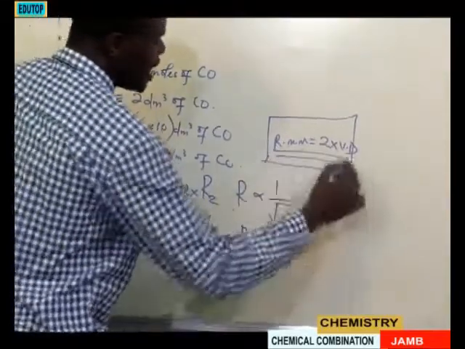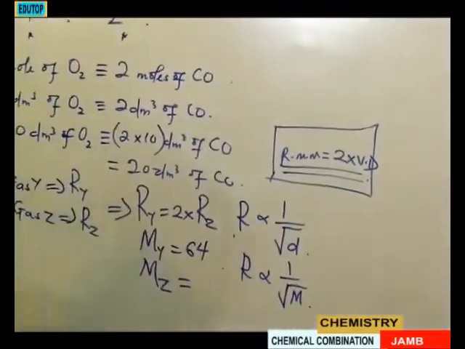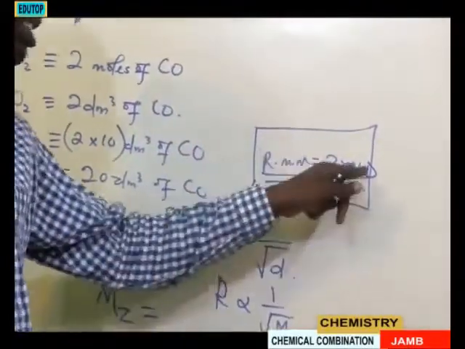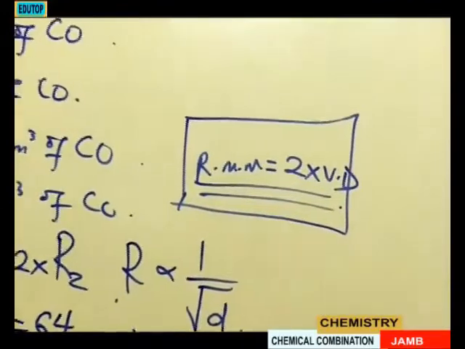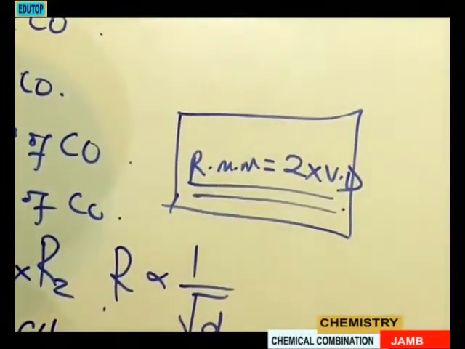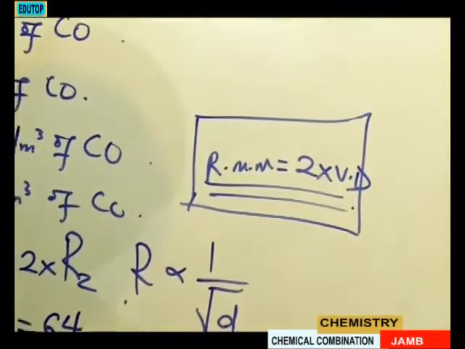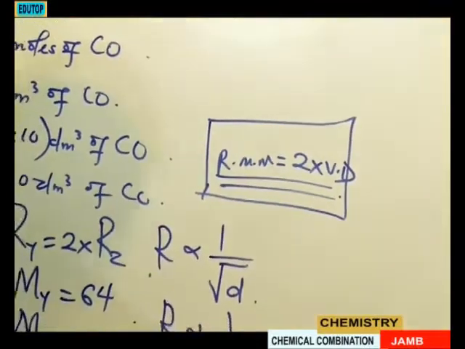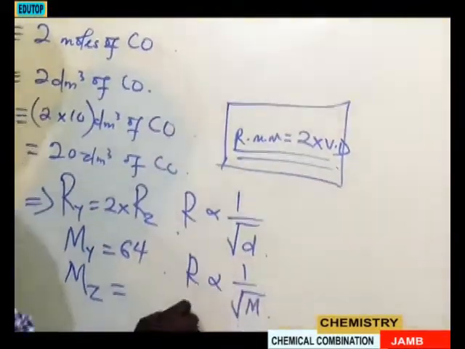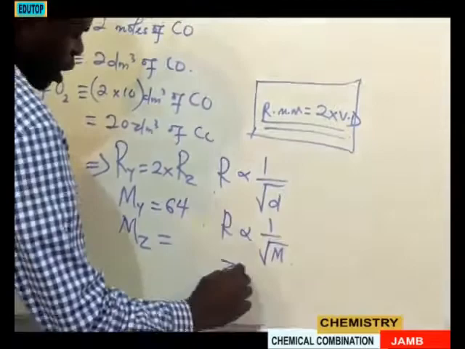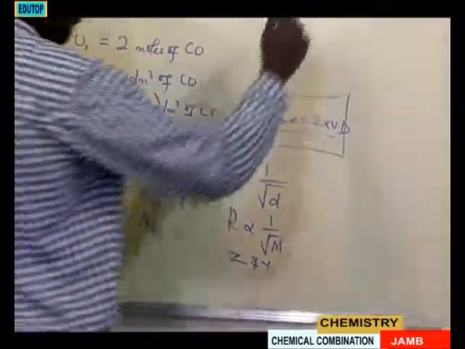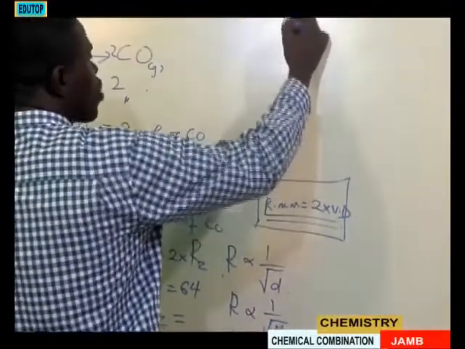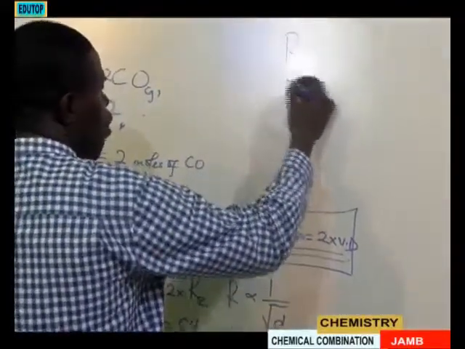That means they have a direct relationship, although relative molecular mass is bigger than vapor density. Take note of that. So since rate is inversely proportional to the square root of relative molecular mass, if I'm relating gas Z and Y, I will write rate of diffusion of Y over rate